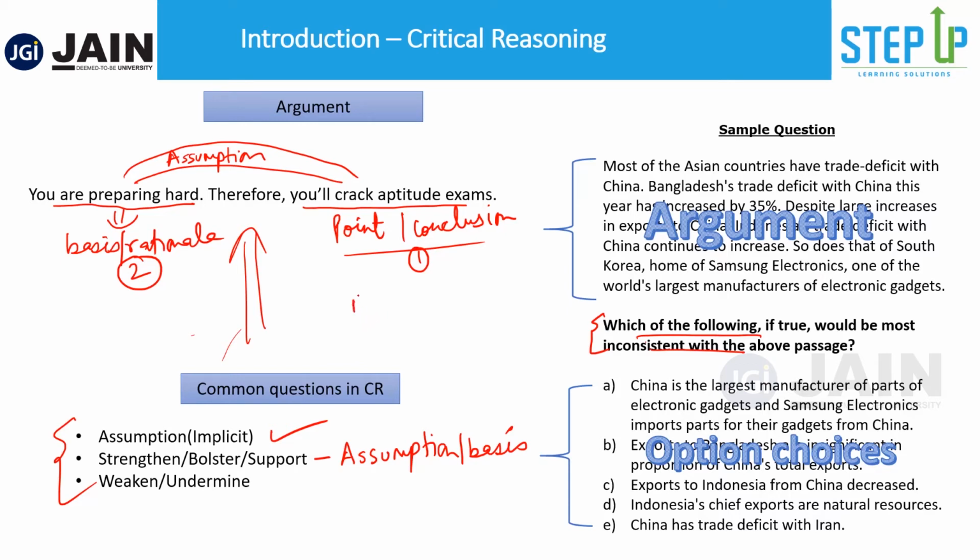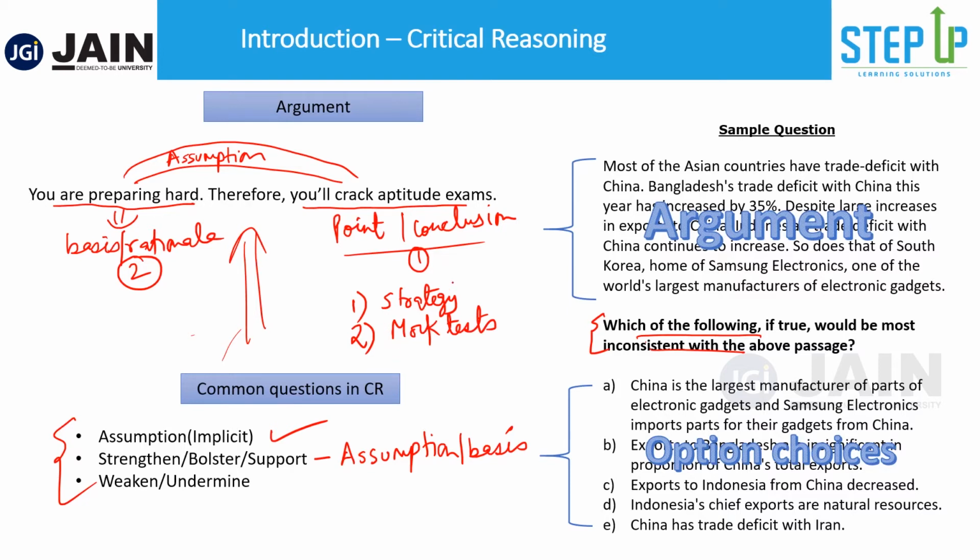So for example, if I say not only are you working hard, but you also have a solid strategy and study plan. So you're looking at the past 10-year papers, you're looking at which topics carry more weightage, which carries less weightage, and that's how you're studying. So that means you're not only just working hard, but you're working smart. You have a solid strategy as well. Or it could be that you're not only doing theory, but you're doing a lot of practice through mock tests. You analyze your mock tests and you're getting great scores in your mock tests, which is really testimony to the fact that you're going in the right direction.